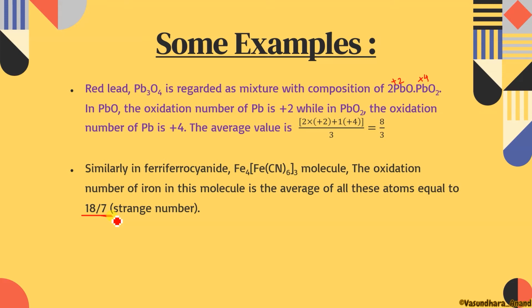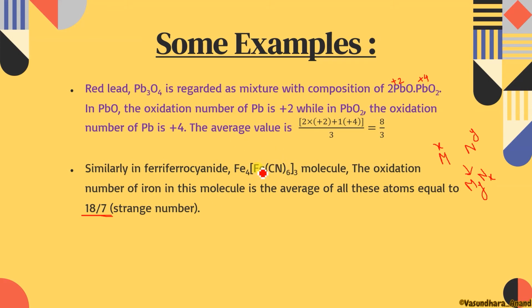But if I ask whether these two Fe are in the same oxidation number? No. Now how to find the oxidation number? So see, we will go to class 9th. We have done this. This is one element and this is another element. If we were making their compound and it had X charge and Y charge, we were making a compound like this. The charge of N was coming here, and the charge of M was coming here. That way we were making it.